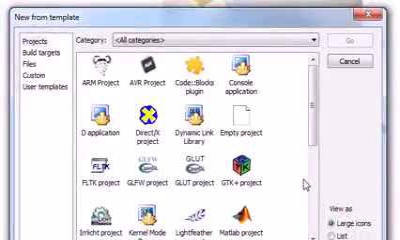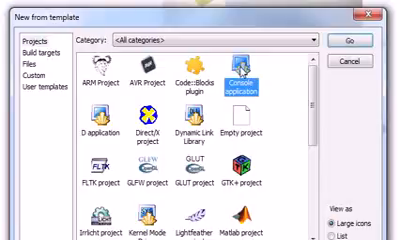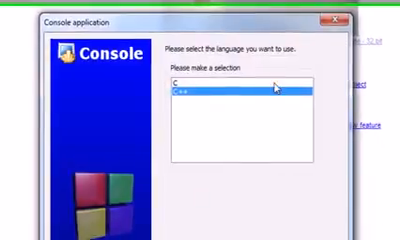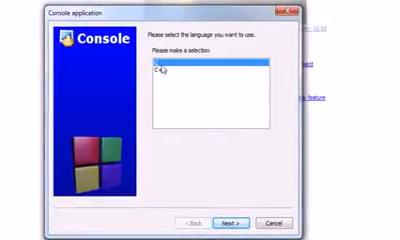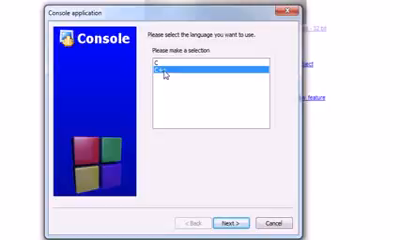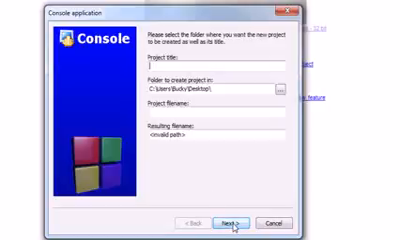Now it's going to give you a list of a bunch of different projects you can create. What we're going to want to choose is console application. This is what you're going to be choosing most of the time. This pretty much means a basic program for the computer. So just go ahead and select this and press go, and make sure you're working in C++. C is a totally different language. We don't want that. So C++, go ahead and click next,